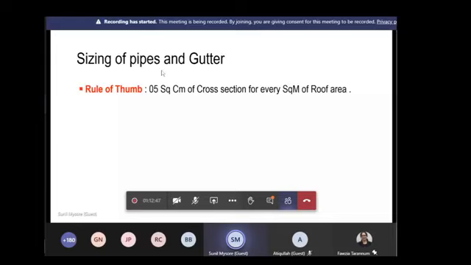Coming to the slope, the slope generally is not in your hands. You have to work with the slope given to you. Generally, an architect designs the slope depending on the aesthetics. It is the same thing as with the height: the greater the gradient, the greater the height. The logic remains the same, as the height of the building is roughly equivalent to the slope of the roof. So the more the gradient, the more the velocity, and you may have to size the pipe accordingly.